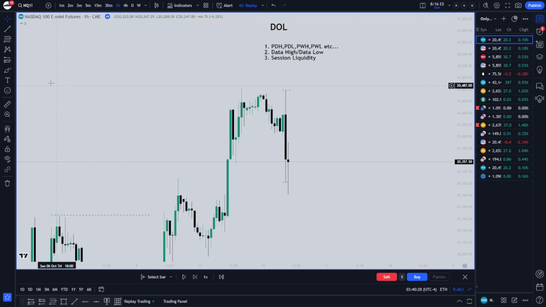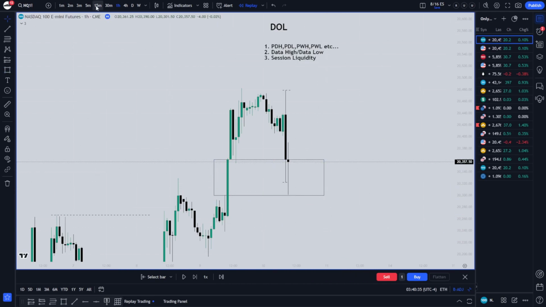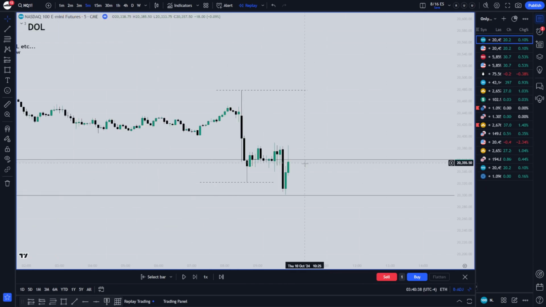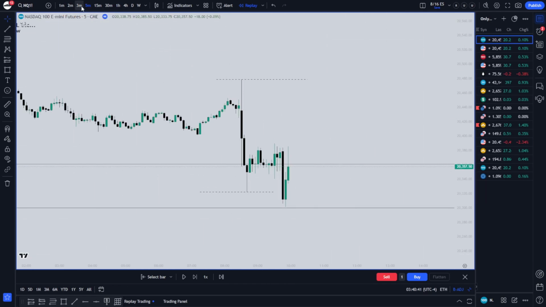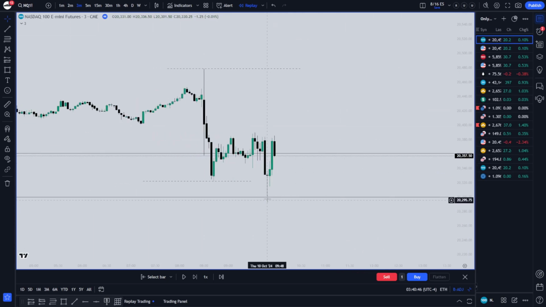So looking at the hourly, we have this hourly fair value gap. I'll just leave it as a black box and go down to the lower time frame. So past about 9:50, about 9:40, you could take a trade. Around this 9:50 macro, all we're looking for is, once we've determined that drawn liquidity, that we're safe, like we're not going to trade any lower,